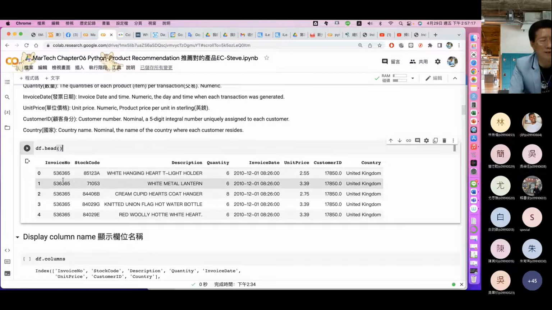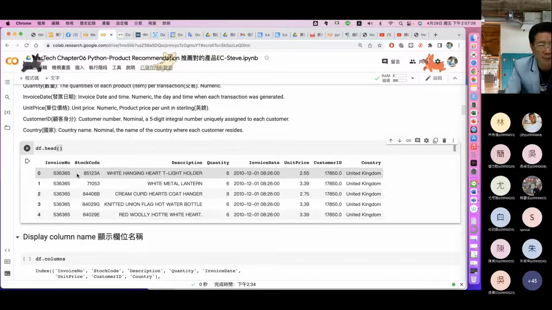So it will show the first 5 rows, 前5笔的资料给你。好，有没有问题？好，没有问题之后呢？